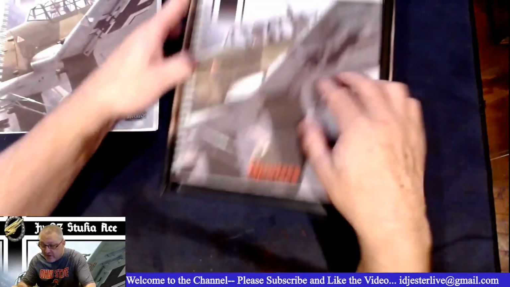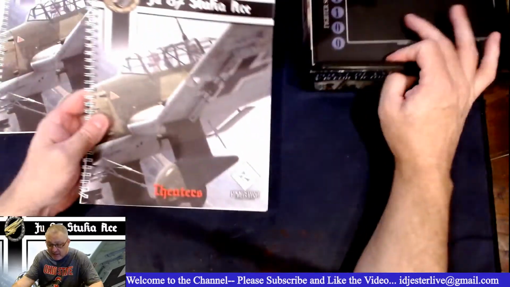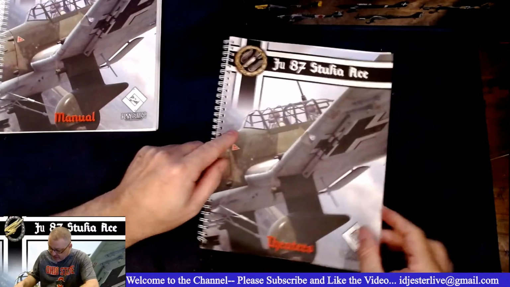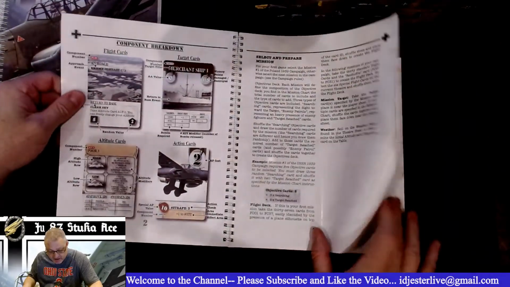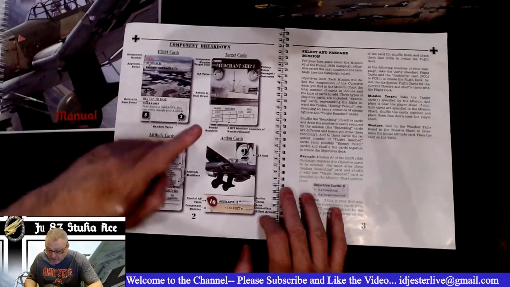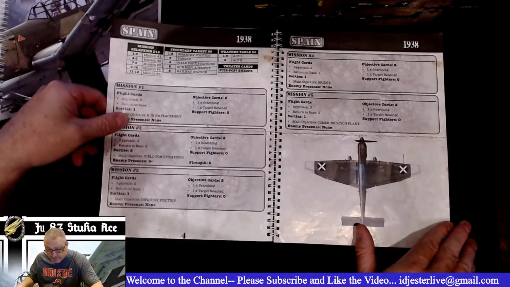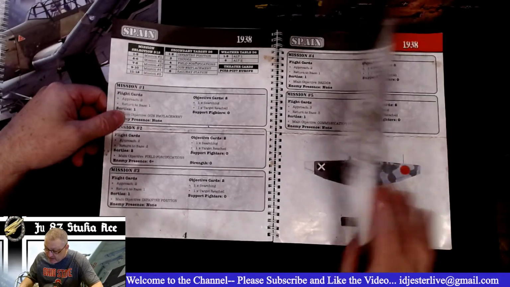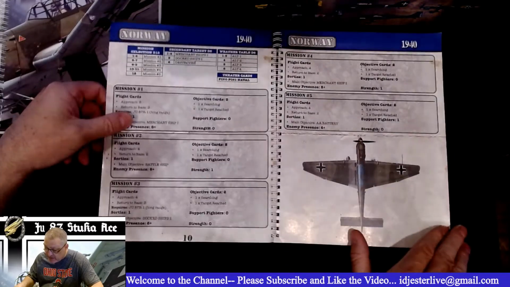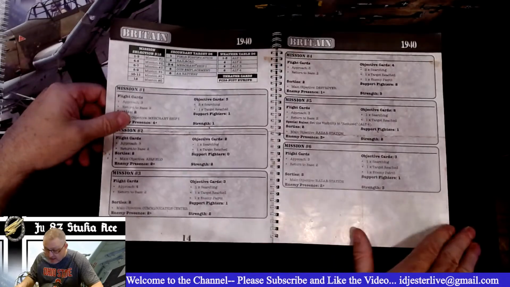What else do we have in the box? I don't even want to show you guys what else is in the box yet. We have the theaters. Component breakdown, flight cards, target cards, altitude cards, and action cards. Sounds important. Ooh, Spain, China, Poland, Norway, France, Britain,